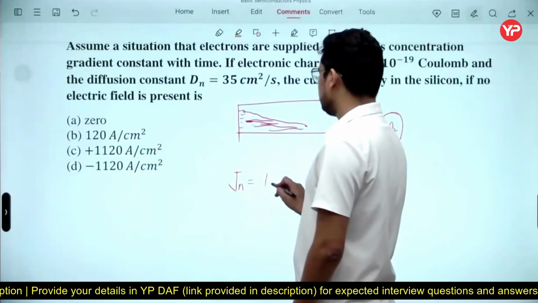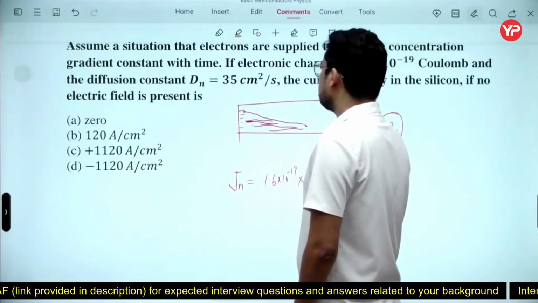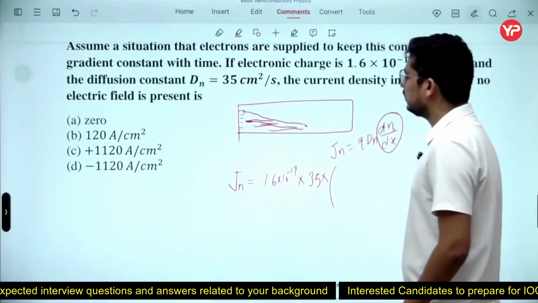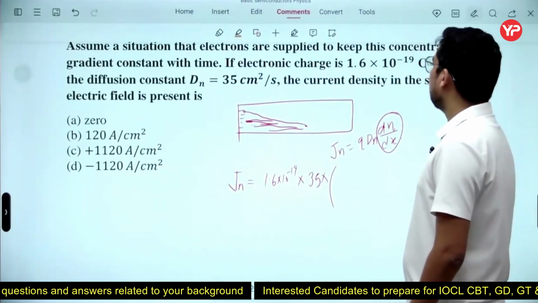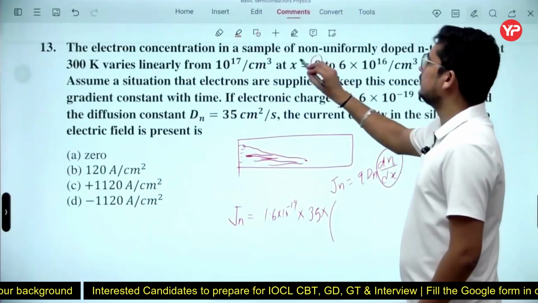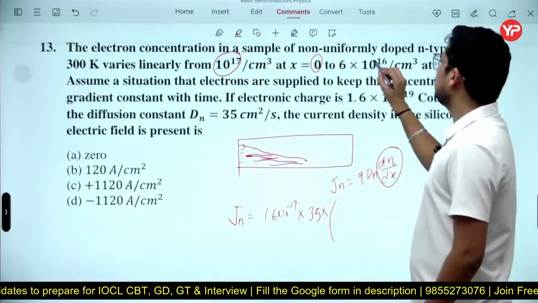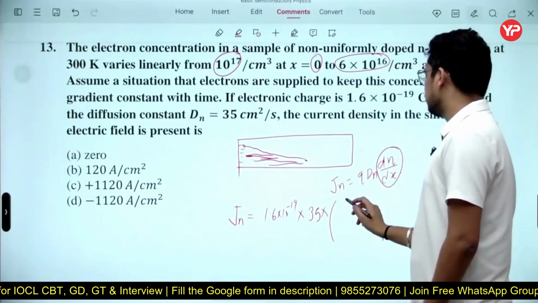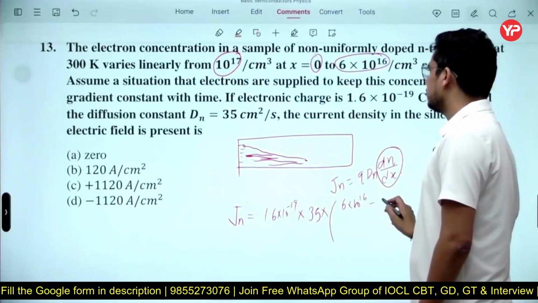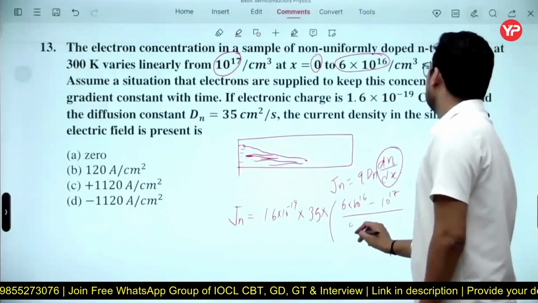That is 1.6 into 10 raised to power minus 19. Then Dn is given to you, 35. And now the concentration gradient. How much is the concentration gradient? He says that at x equals 0 we have 10 raised to power 17, and at x equals 2 we have 6 into 10 raised to power 16. So I am taking 6 into 10 raised to power 16 minus 10 raised to power 17, divided by 2